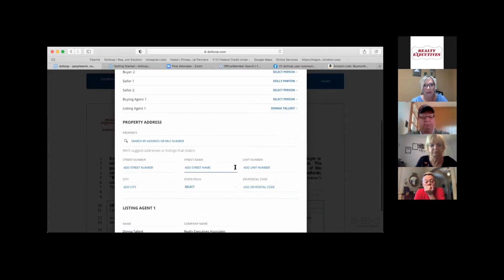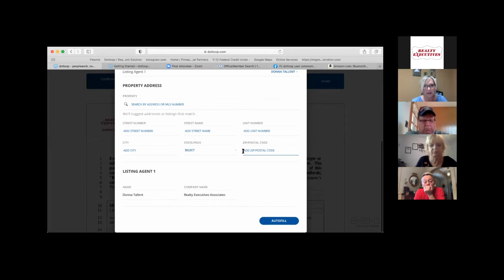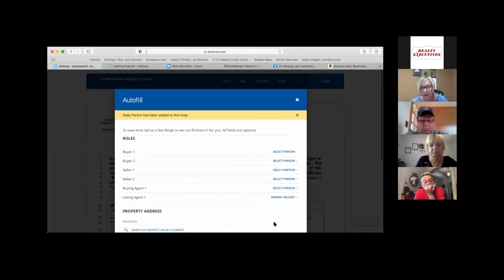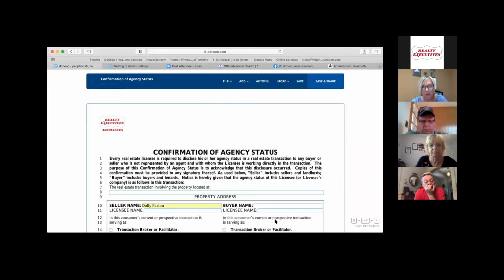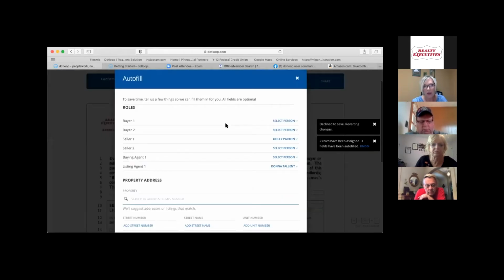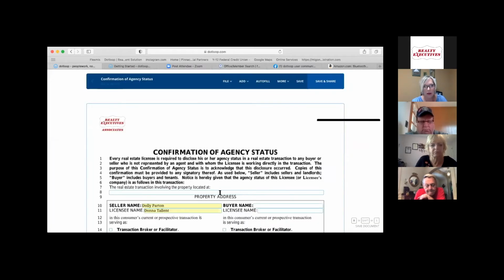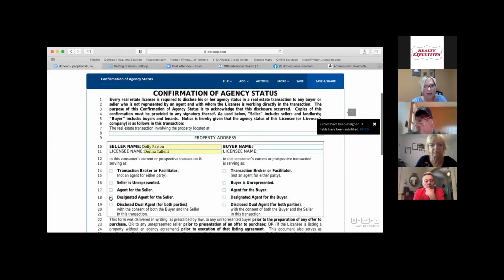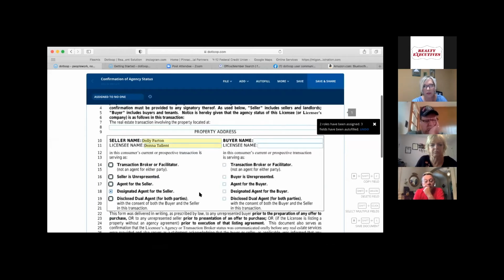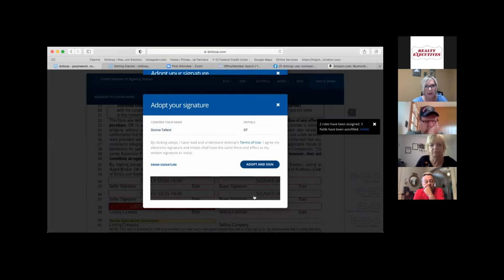The address is not in here because it did not recognize that address. So it's not auto-populated, but I'm not going to worry about that right now. I'm going to go ahead and autofill. If you ever open a document and you failed to autofill, you can always go back up here and autofill on your own manually, and then you'll be good to go. Same way, I'm just going to say that I am designated agent for seller, because at Realty Executives we're always that. And I'm going to go ahead and sign this document,